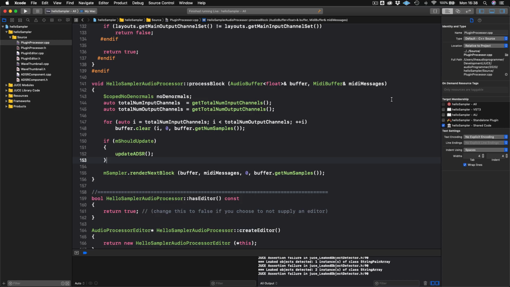So here we are in our plugin, in the plugin processor where our real-time audio is happening. We're in our process block, and that's where our audio loop is happening. And we need to ask the question, what sort of information do we need to be able to move a playhead? A playhead is actually just a line, and we're just taking it and we're moving it across the screen. Well, the first thing that we need to think about is how can we determine when a note is actually